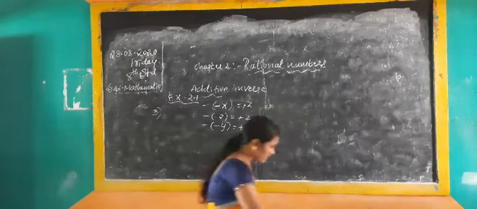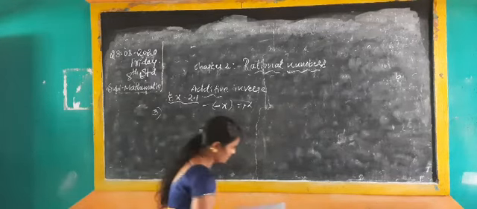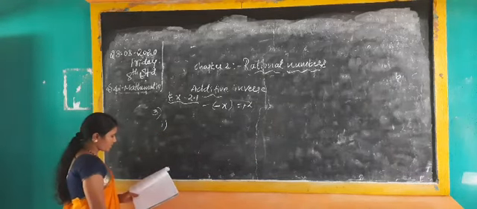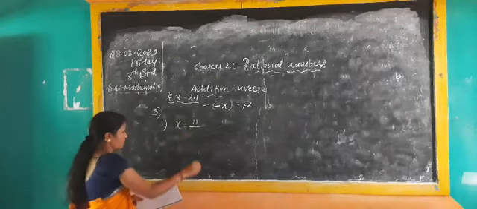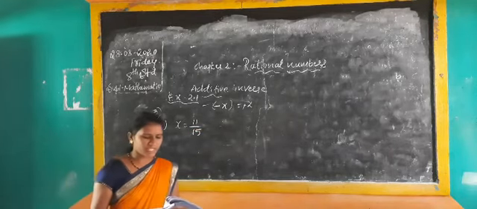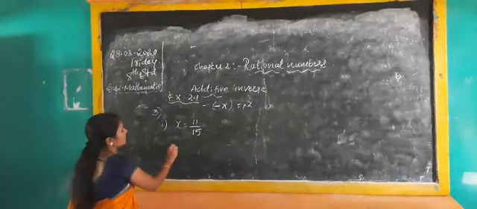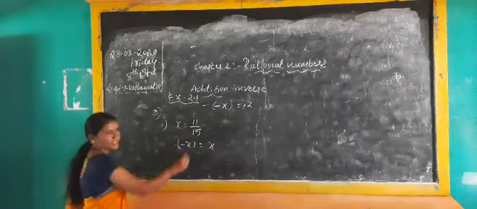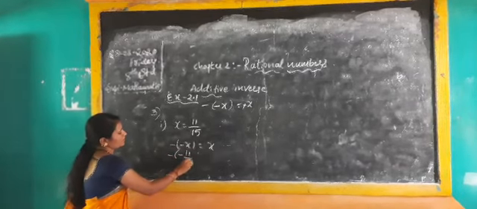Okay, like that they are given an x value. What is the x value? x is equal to 11 by 15. That is the third main, first question: x is equal to 11 by 15. They have given the x value just to verify whether minus of minus x is equal to x or not. Okay, take down minus of minus x is equal to x. Here, what is the x value? 11 by 15. Just substitute it in: minus of minus 11 by 15.